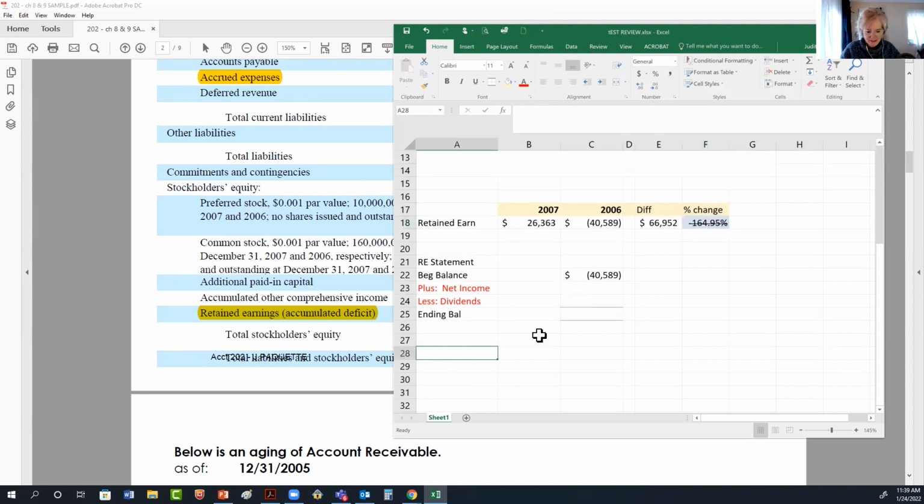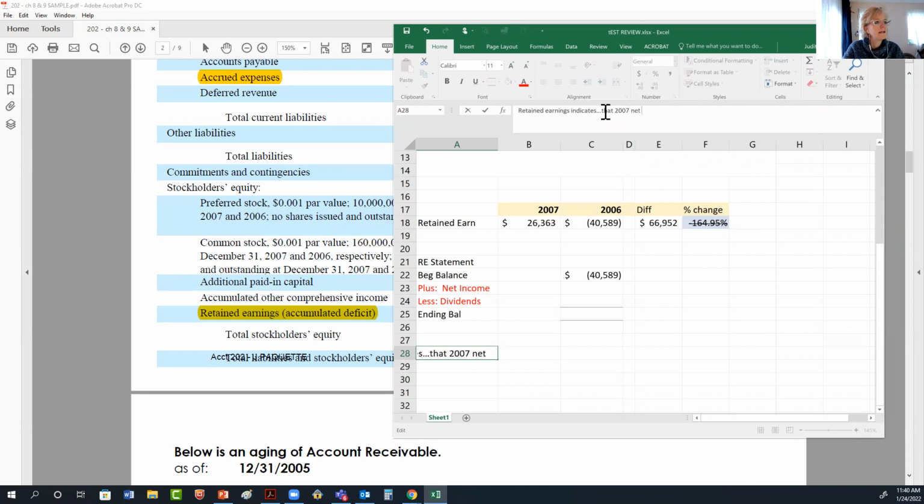Okay, so this is sentence number 2. Retained earnings indicates what? A growth in the retained earnings indicates growth. Yeah, it definitely grew. What does it most probably mean when retained earnings grows? Profits are going up. Yes, yes. So retained earnings indicates that